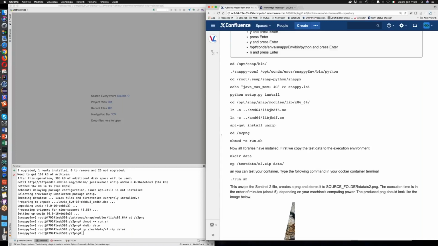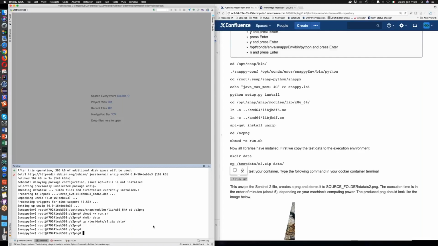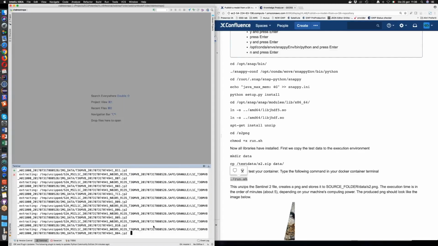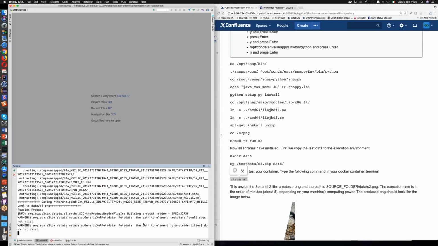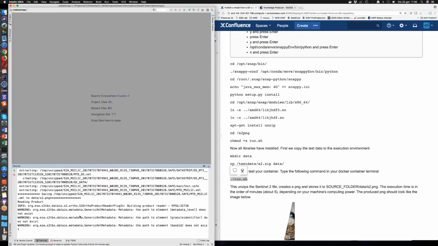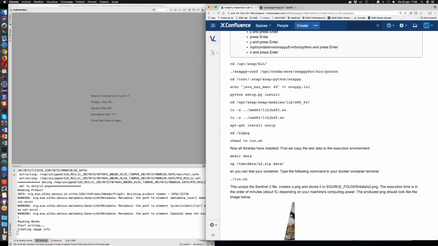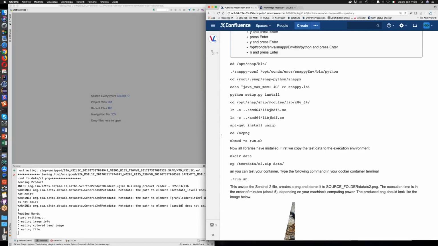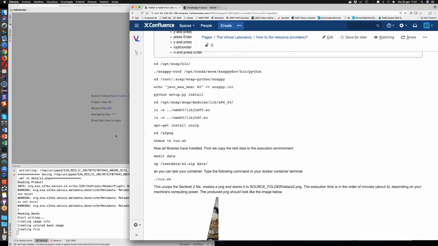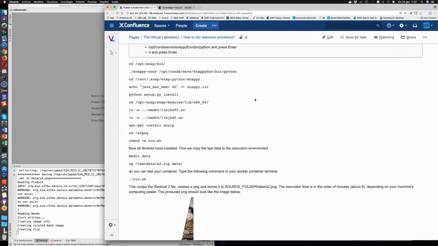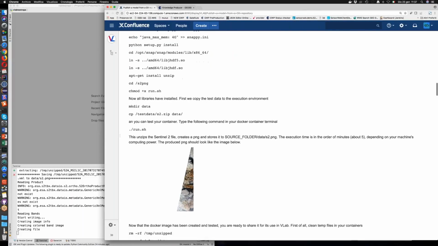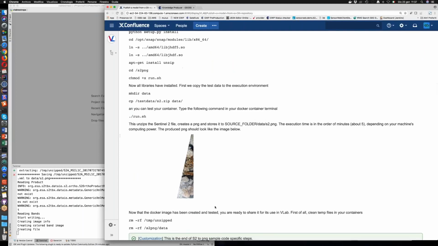So essentially, we launch the run.sh. And now it is executing the transformation. This will take up to 5 minutes, I don't know. Okay. So what we will have at the end of the execution is this PNG file, which is the Sentinel-2